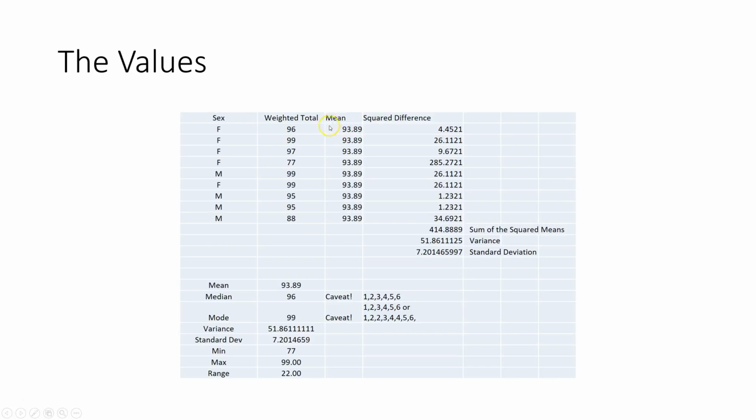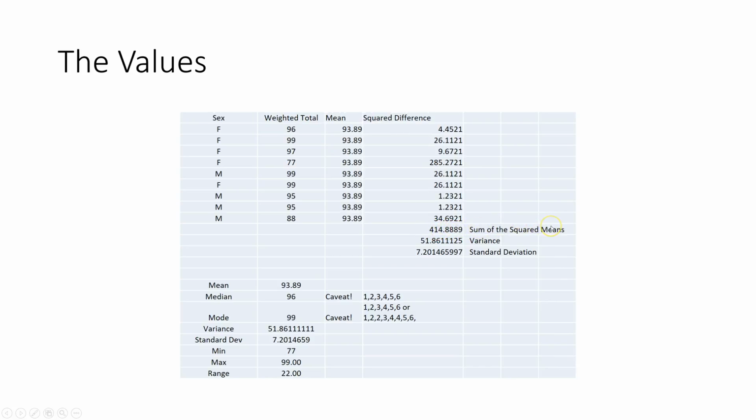So what we do instead is we take the difference, we take the weighted total, in this case 96, we subtract out 93.89, and we take that value and we square it. We come up with a squared value, because a positive times a positive is a positive, and a negative times a negative is also a positive. So we come up with positive values, squared differences, that represent the difference between the actual data point and the mean. When we add all these up, we come up with a sum of the squared differences, not means, I should say, and that comes up with a value of